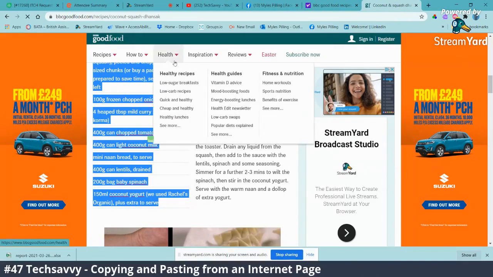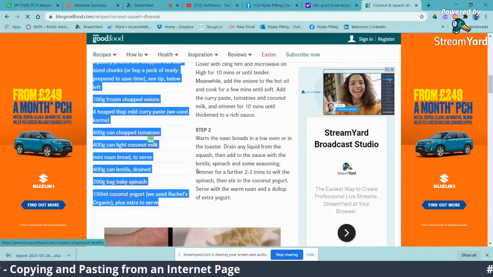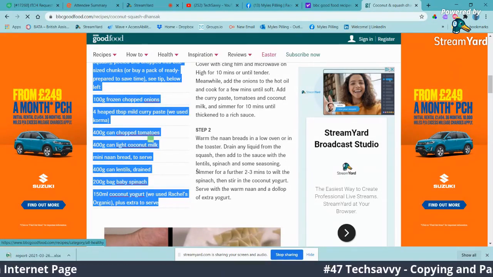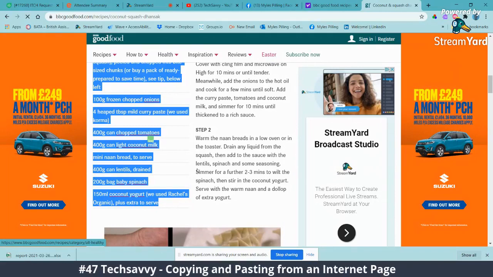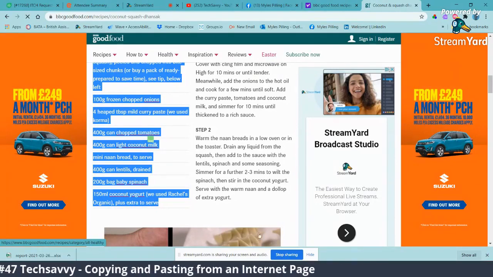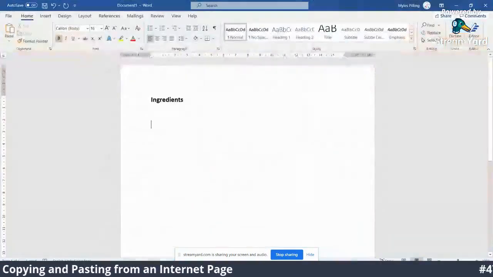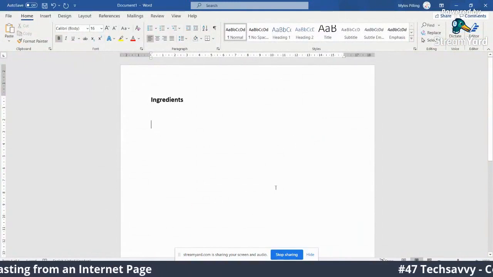So I've now put that in what's called the buffer, or the memory of the computer. You can't see that change. There's nothing to indicate what I've done. But what I have done is I've actually opened up Word, and I've created a blank document with a heading